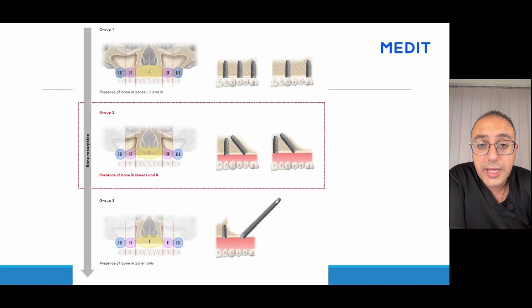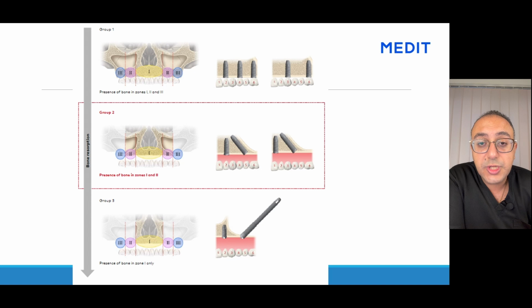If you have bone in parts 1, 2, and 3, you can put easily 6 implants at the position of the upper lateral incisor, at the position of the upper first premolar and first molar. So 3 implants on each side, 6 implants in the maxilla is a very acceptable plan. Now, if you have bone enough in only zones Latin 1 and Latin 2, but in part 3 you don't have enough bone,